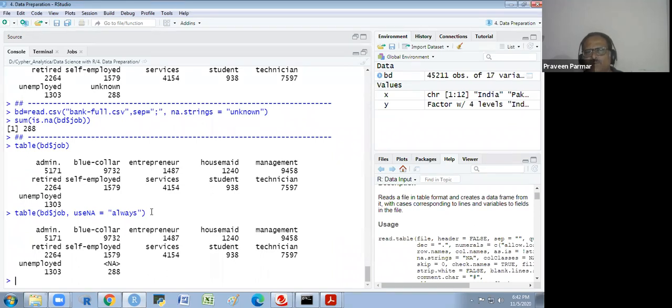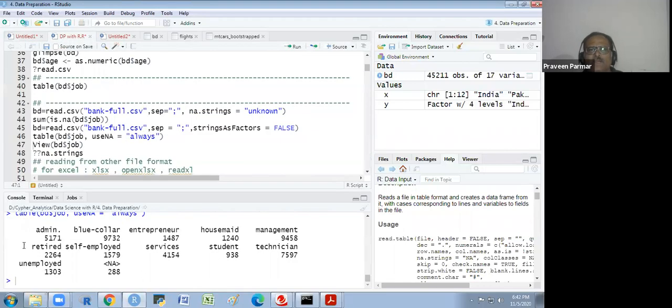For both, you could use it with c, the combine function. You could write it in this way. c. Vijay, have you got it? You could write in this way. Whenever there is more than one, you have to use a vector, the combine vector.